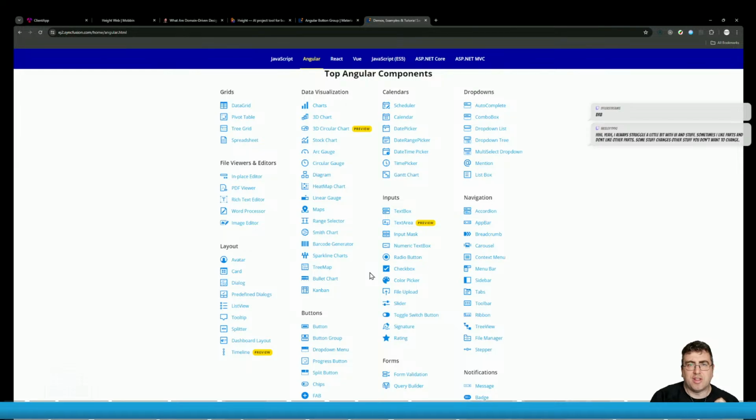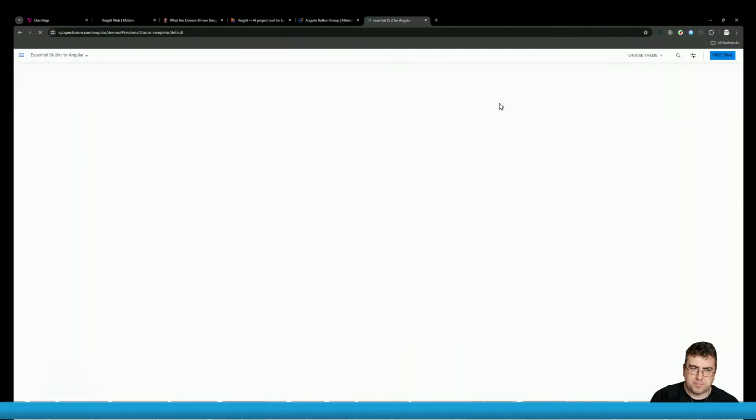Yeah, I always struggle a little bit with UI and stuff. Sometimes I like parts and don't like other parts. Some stuff changes other stuff you don't want to change. Right. So at least with Tailwind, as the way I'm doing it right now, I do get the benefit of having,